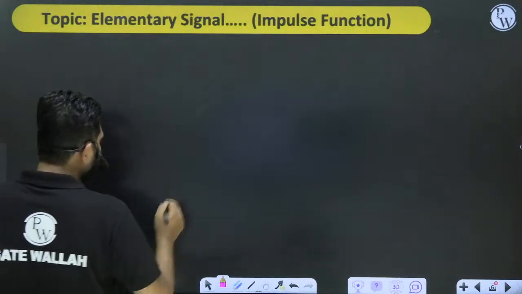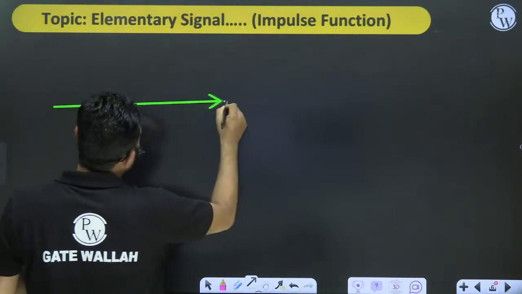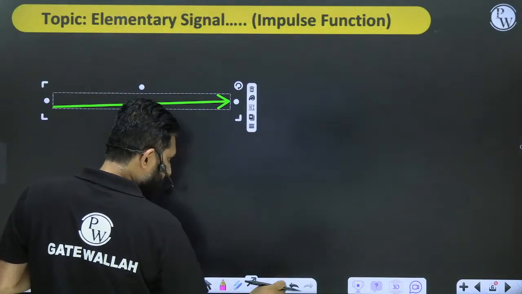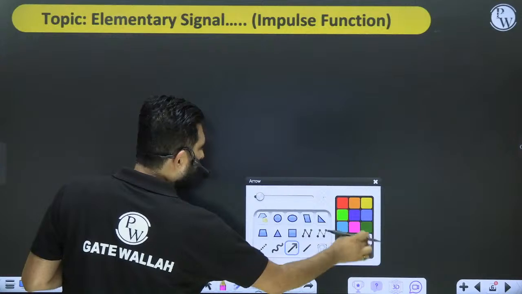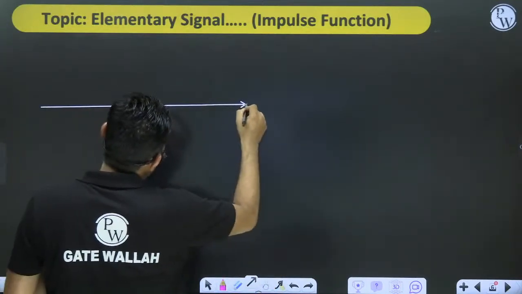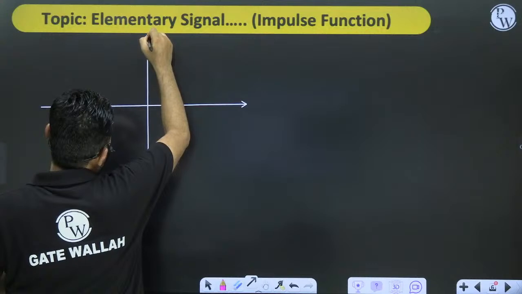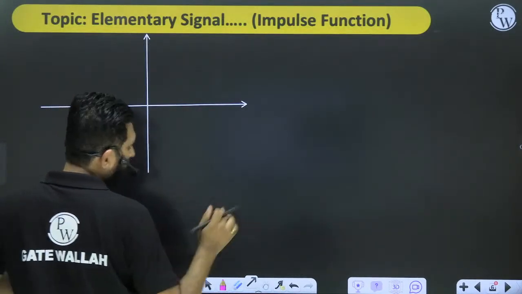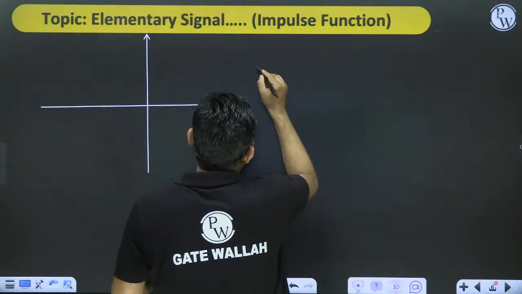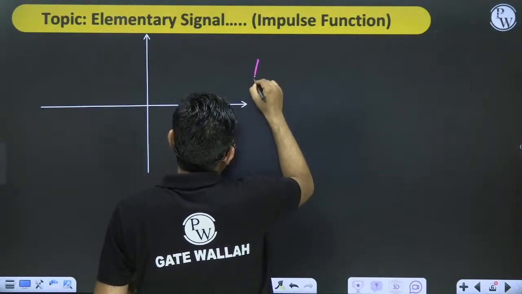Let's consider this as a function, suppose I have this function, and what I'm doing is that I'm multiplying it with